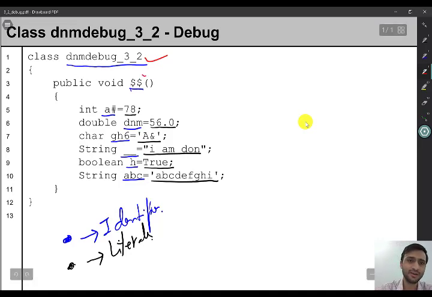Next, dollar dollar, is this correct? Yes, that is correct, because we can use dollar sign in identifier name. Okay, a hash, don't say hashtag. Okay, it is not hashtag, it is only hash. So a hash, is that correct? No, we cannot use hash in identifier rules. Okay, in the identifier rule there was no mention that hash can be used. So this is wrong, you cannot use hash.